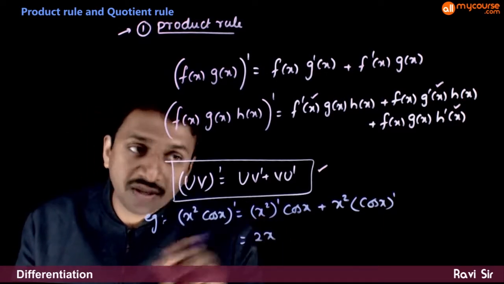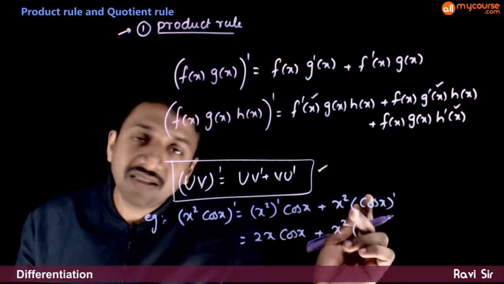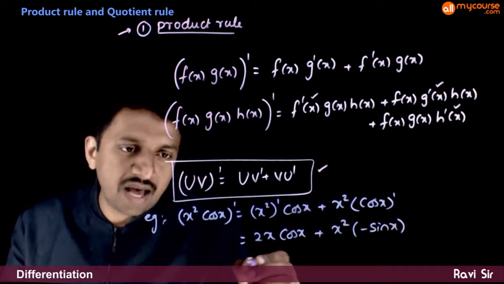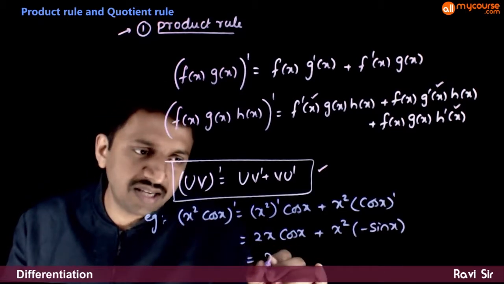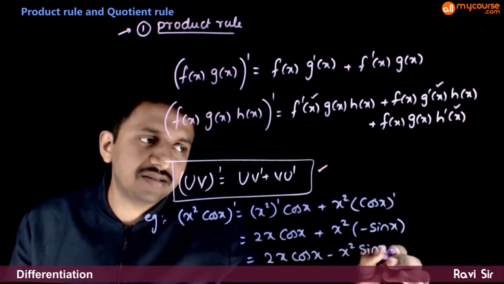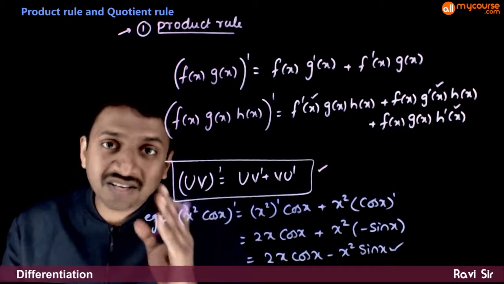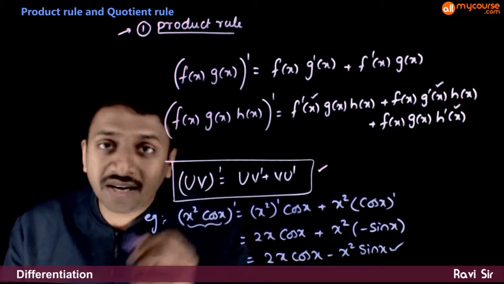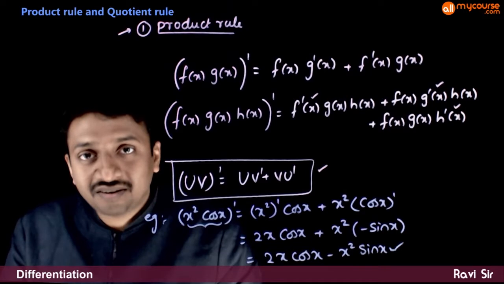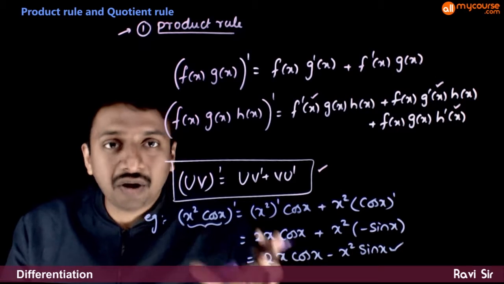So the differentiation of x square is 2x times cos x plus x square times the differentiation of cos x, which is minus sin x. So effectively, the differentiation of x square cos x is 2x cos x minus x square sin x. If you observed the previous video, we differentiated x square cos x using first principles. You'll see that you got exactly the same answer. So this is a very useful shortcut in differentiation of